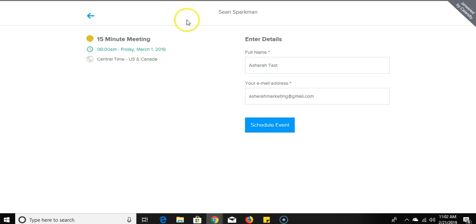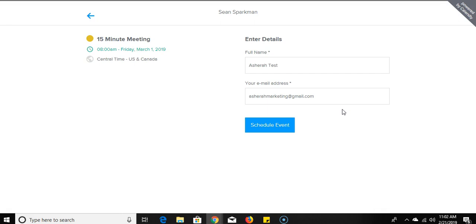But just off of this example, I would definitely recommend that you add a field. There's a question in the settings portion of Calendly. It's going to ask you, what questions do you want to ask. That is where you would add the phone number. You definitely want the phone number. You definitely want to reconfirm the email address, just in case Calendly only needs their email address to be able